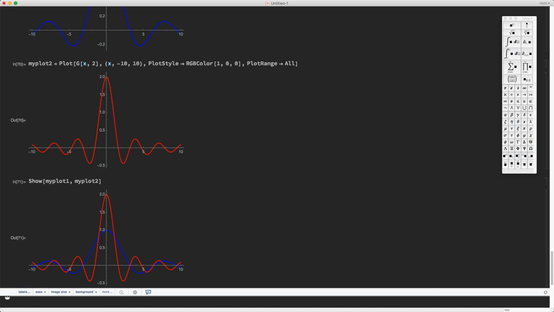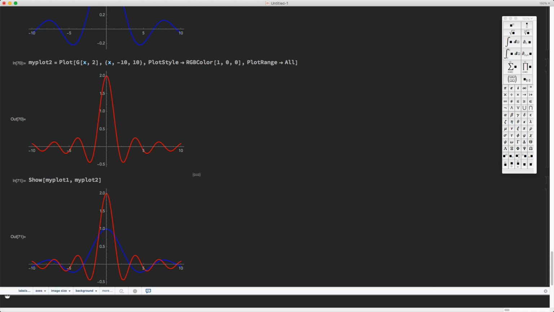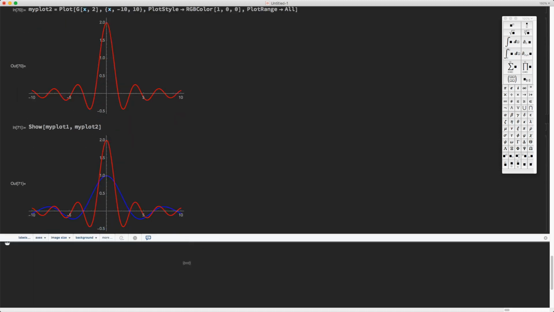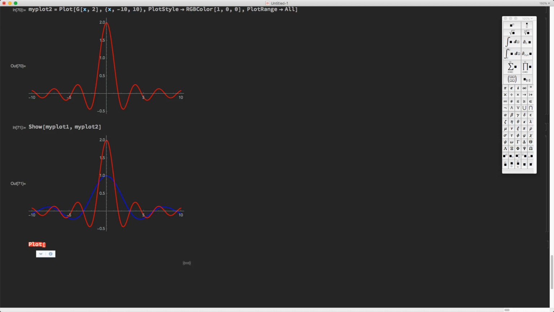Now, of course, the last plot could have also been obtained by the general method of plotting two different functions in one plot by simply entering Plot and then g of x for the parameter c equals 1, and then again g of x for the parameter 2, and then close the curly brackets. So that's a list of functions you want to plot, and then specify the argument x to go from -10 to 10,